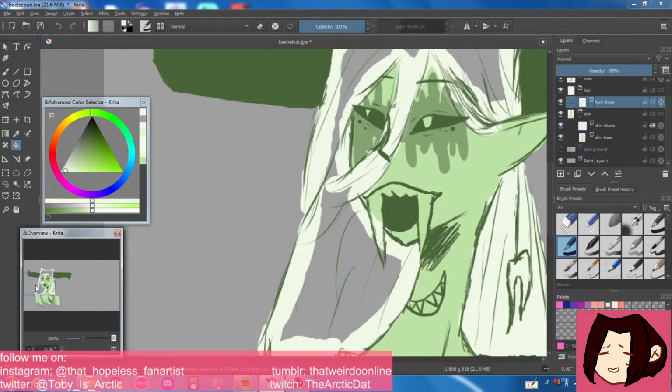And I don't know how long it's gonna take me to do full color and shading. Probably not super long, because it's gonna be simplified kind of shading just to make it look polished.